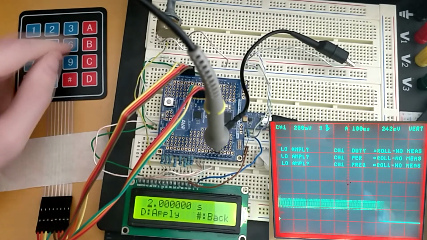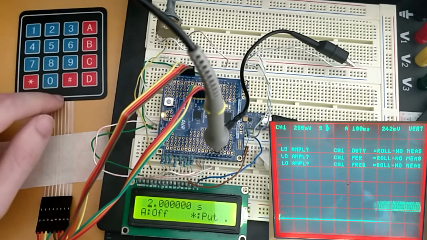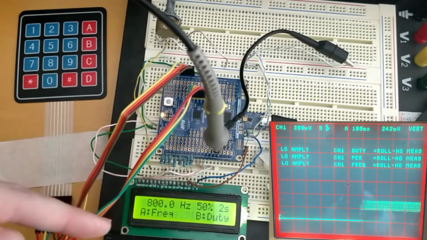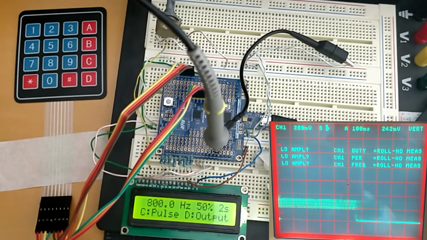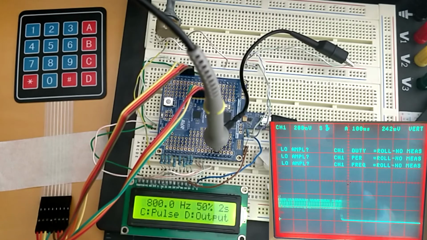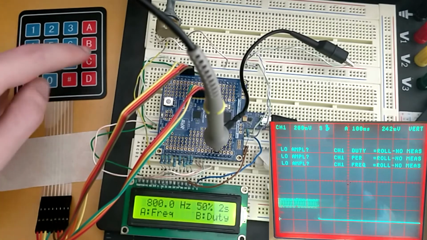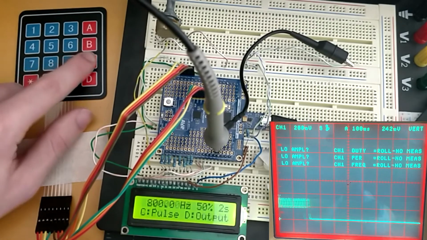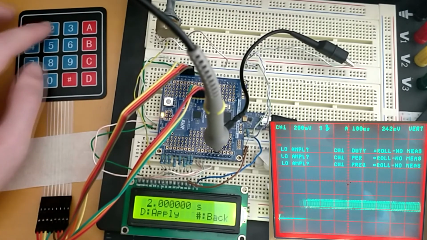Okay, so let's turn that off. Actually, I'm going to leave that on and go back. And you can see that our changes are reflected in the main menu. And it's not exact, so if I put in 2.7 seconds, it would just say 2 seconds. But for the purposes of this, if you wanted to inspect your setting more closely, you could just go to the menu. Say if I went to the pulse menu, and I went to